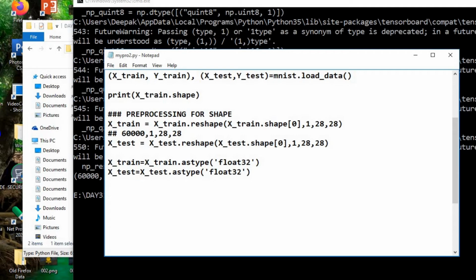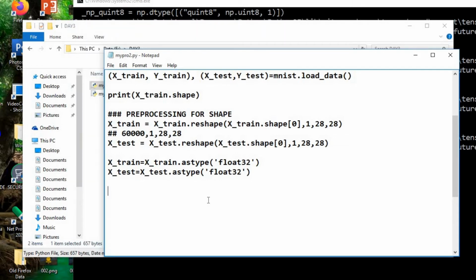Whatever comes here, we are not going to keep as integers, we are converting it into float32, and then all the data should be divided by 255.